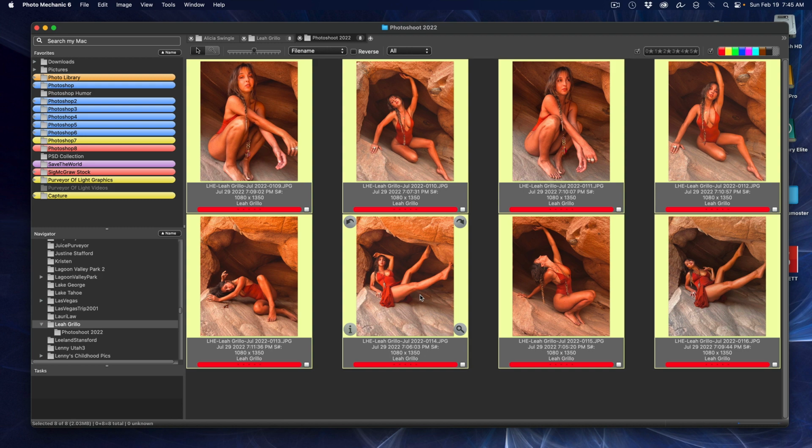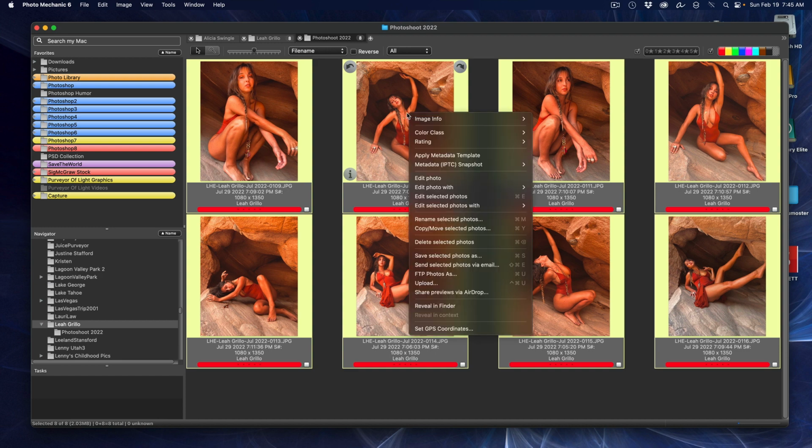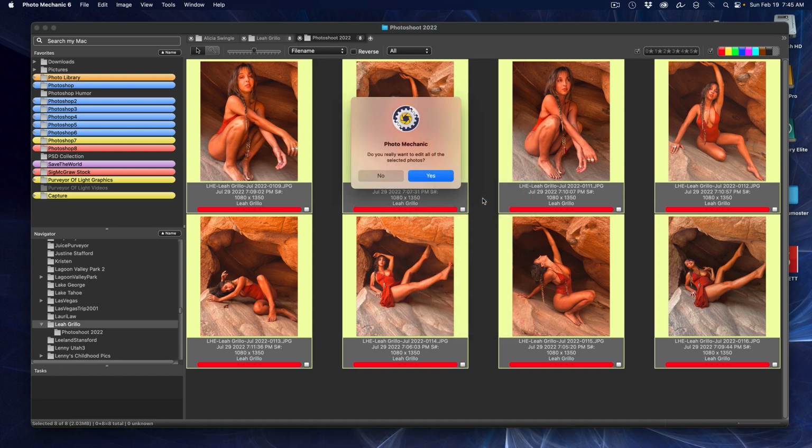Now, we're currently in Photo Mechanic, which is what I use to cull and rate my photos. That's just a personal preference. But now I want to get these into Photoshop. So we're going to go ahead and open these in Photoshop. I can just simply right click and then open the selected photos. And that's going to open up